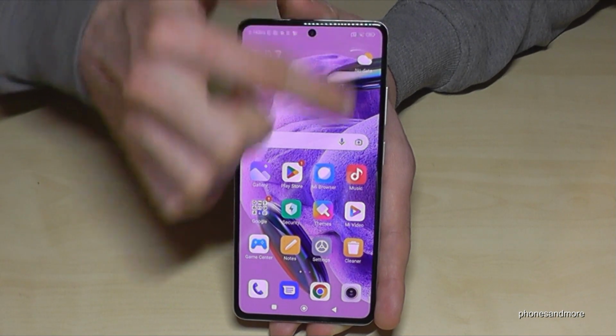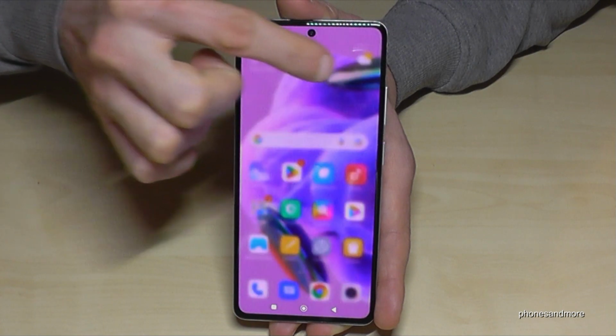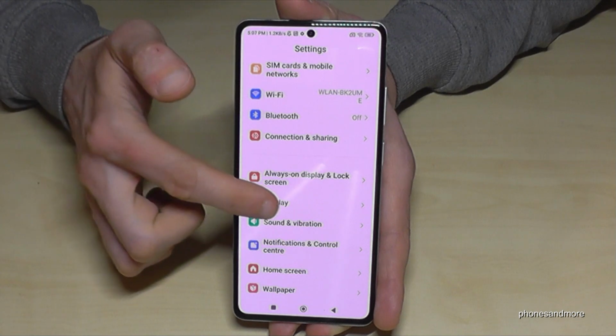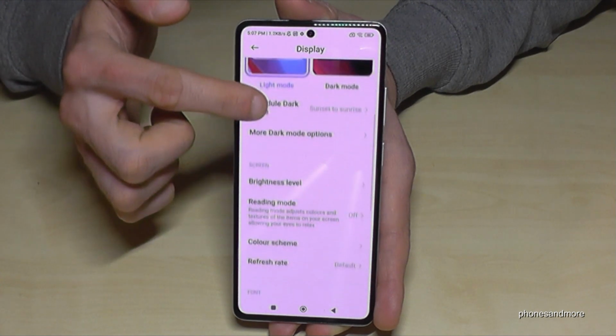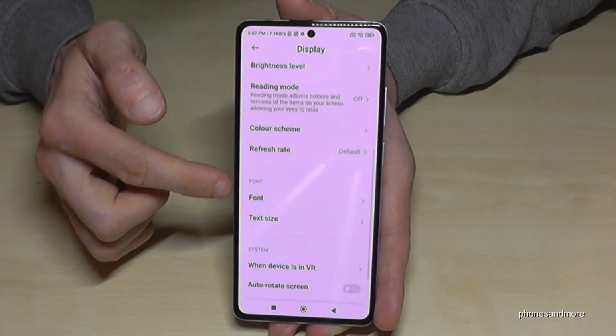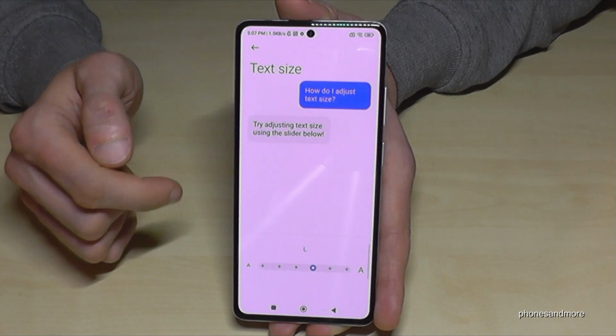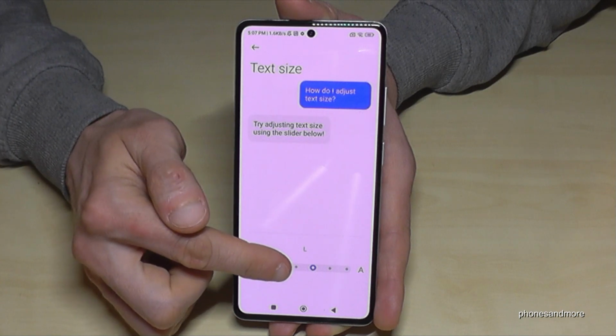So just scroll on your way next to the camera, tap on the symbol for the settings, and now you need to look for the point display, and here you will find the point font and text size. Just tap on text size, and you can increase it. So I've done it already, so that you can have a better look here on the video, and I would recommend